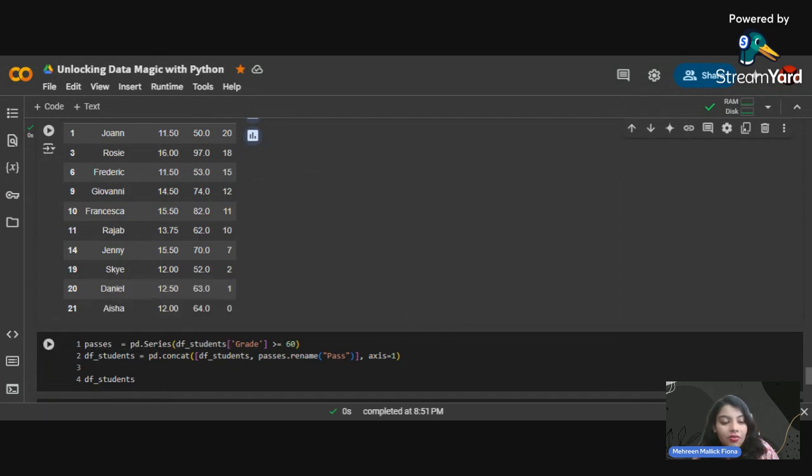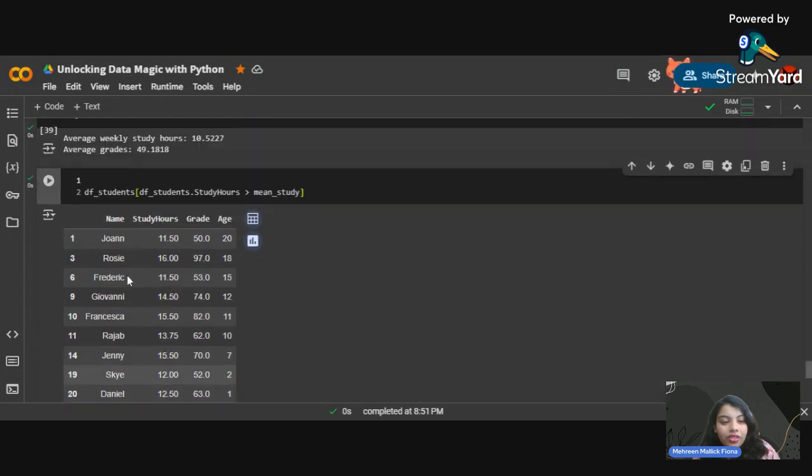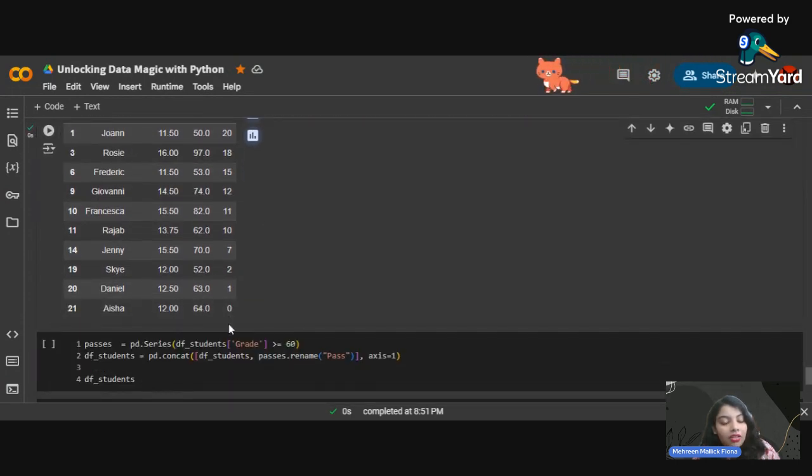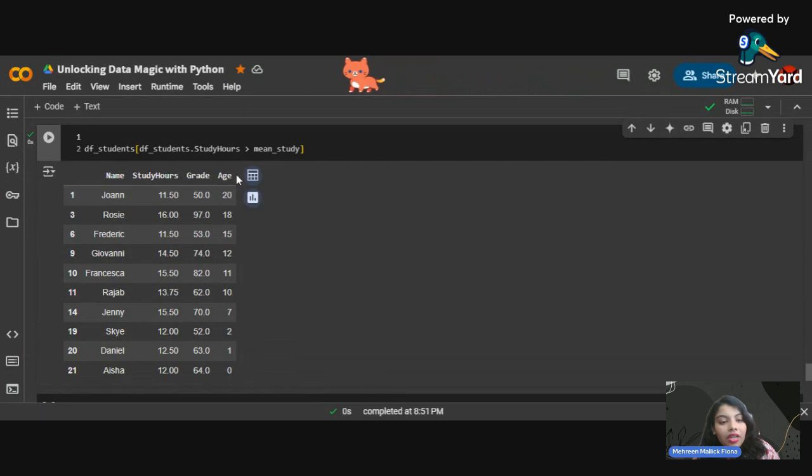This Series function is helping us to impose a decision here: if the student's grade value is more than 60, they have passed, and it will show the passing students. We are going to add another column here, the pass column, so I will come to a conclusion about the passing students.